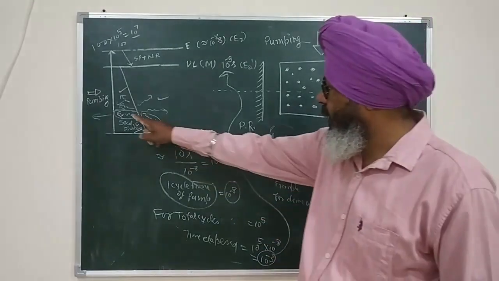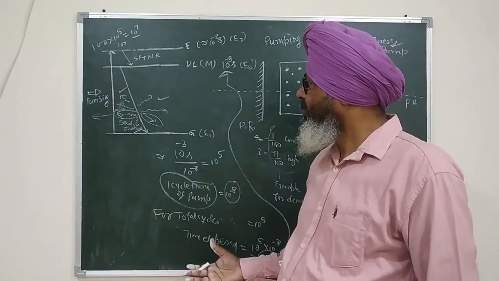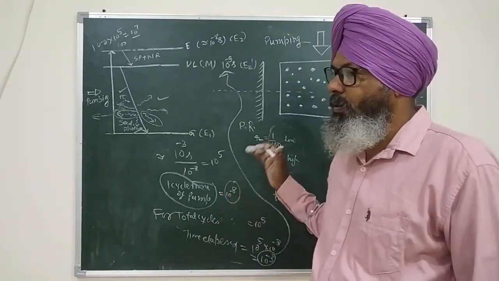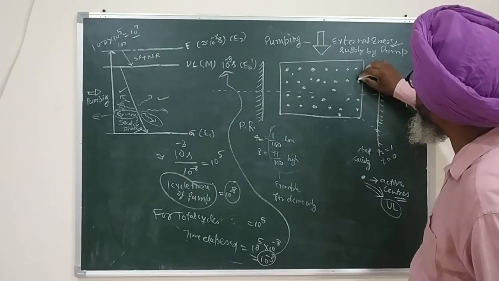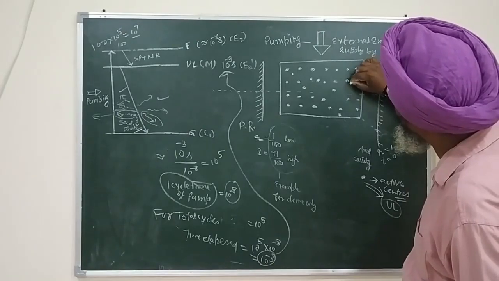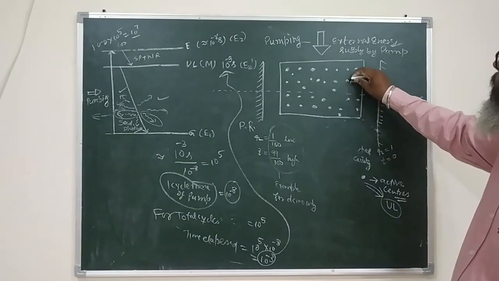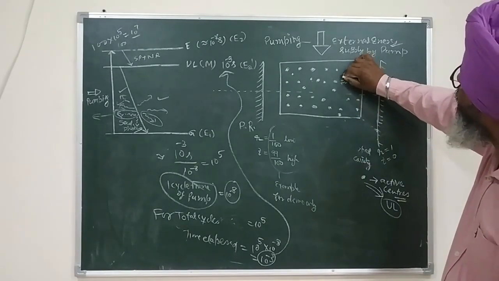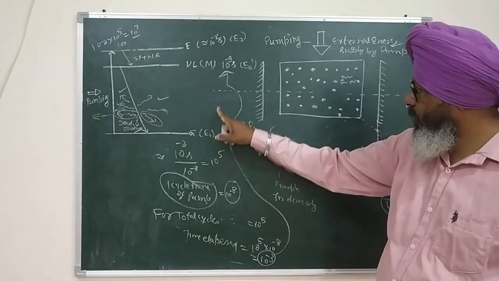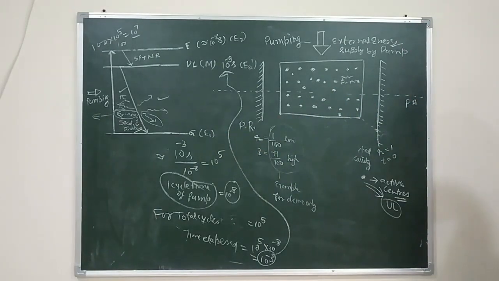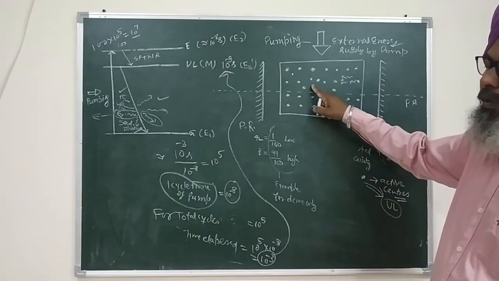Now, the last photon, this one, is also emitted parallel to the principal axis. It's by chance, because photons are being emitted in any direction, so all directions are included, including a direction parallel to the principal axis. So perchance, let us say this atom emits a photon parallel to the principal axis. What is going to happen? This will strike with this, and it will become 2. Now both of them will have the same direction, the same energy, E2 dash minus E1, and these will be coherent. And 2 will become 4, 4 will become 8, and so on.